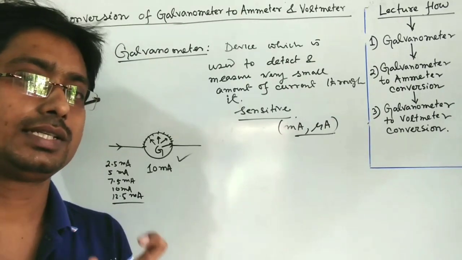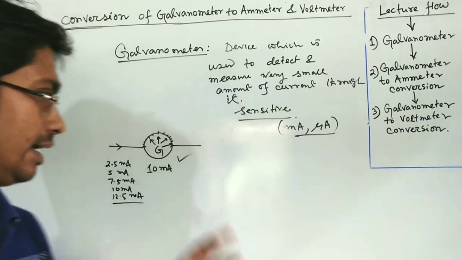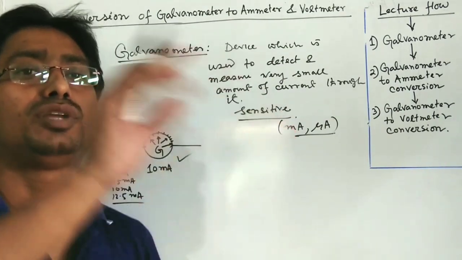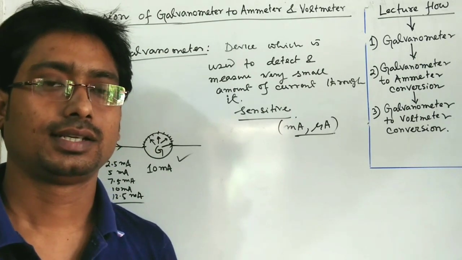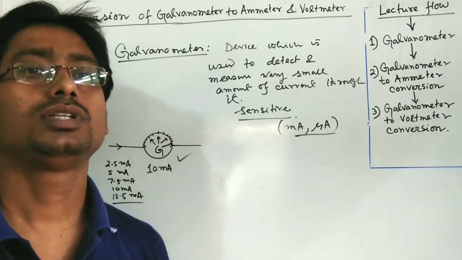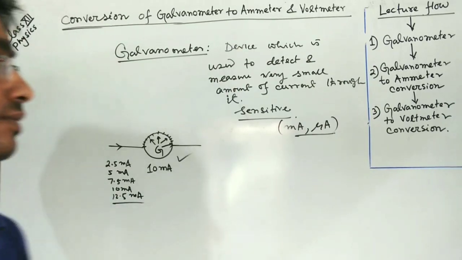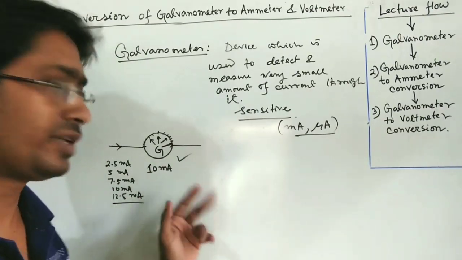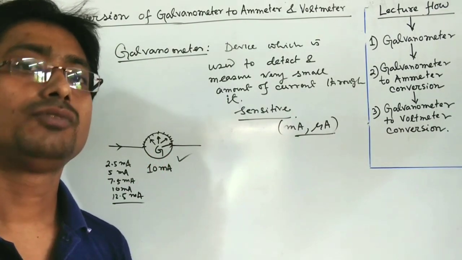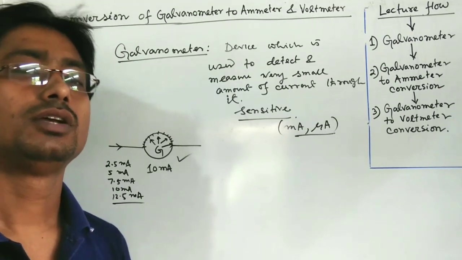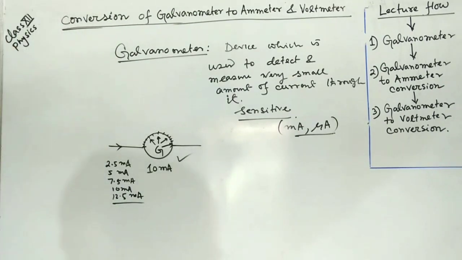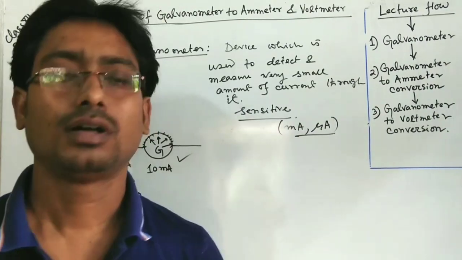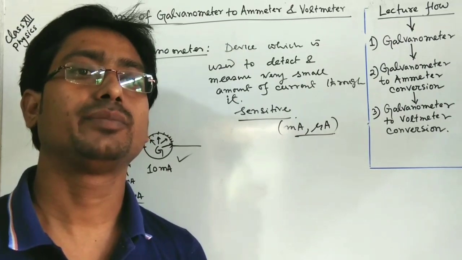So this is our limitation. Galvanometer only detects very feeble small amount of current, and if it is written 10 milliampere is the maximum current, it will just measure up to 10 milliampere, not more than that. If you give more than that current, then it will just burn out. So what is the solution? If we want to measure more than the 10 milliampere current by this galvanometer device, then what to do? This is a problem, we have to solve it. So there is a trick, and the trick is to bypass the remaining amount of current through other path.